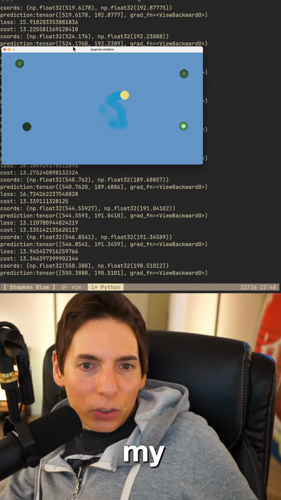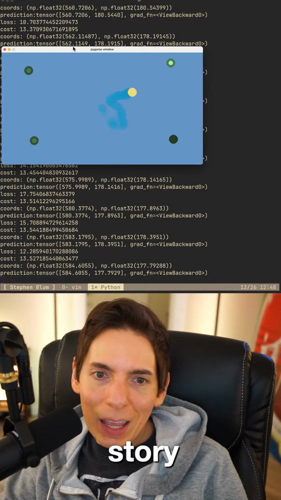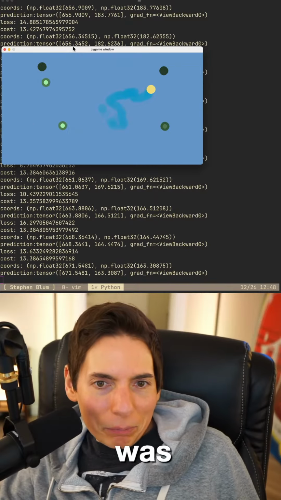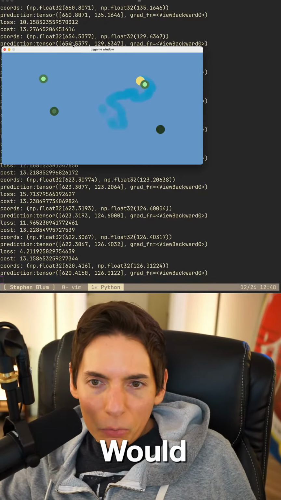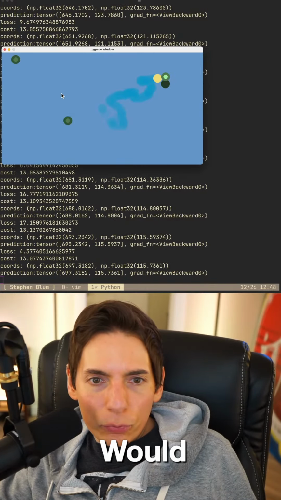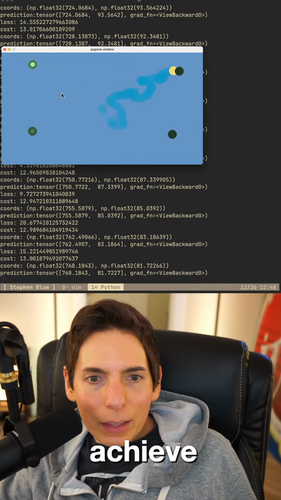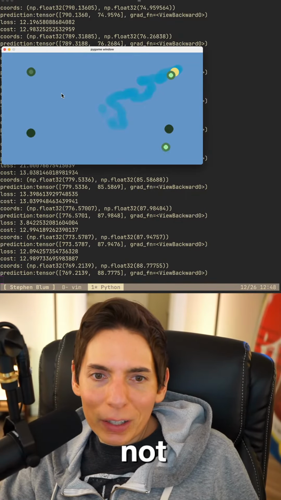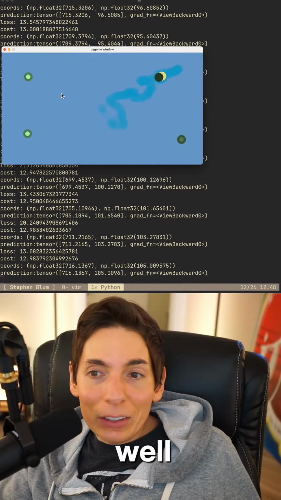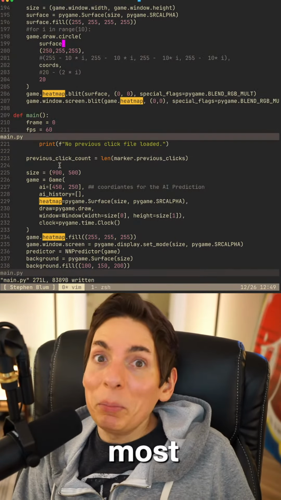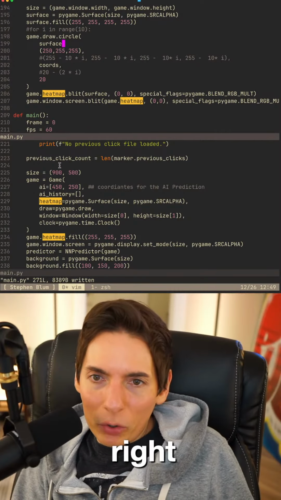I wrote my algorithm based on personality traits for your story characters in MIT data. It was okay. What was your target goal? What were you trying to achieve? That's the only one I've ever done, and I'm not sure it's good. Well, at least you did it once. I think that's way more than most people, actually.